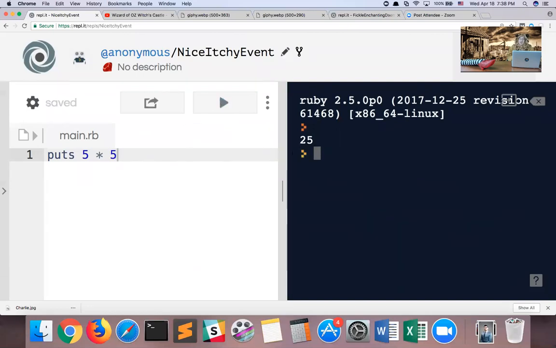then we get 25. Now to do division, you use the /. Don't ask me who invented that, but if we do 12 divided by 4, we get 3. So this is a simple way of doing math with Ruby. So each time we run this line of Ruby, what we are doing is we are instructing the computer. We're telling the computer an instruction. Hey, computer, do this on my behalf. Take 12 divided by 4 and puts it, meaning have it display on the right hand of the screen.